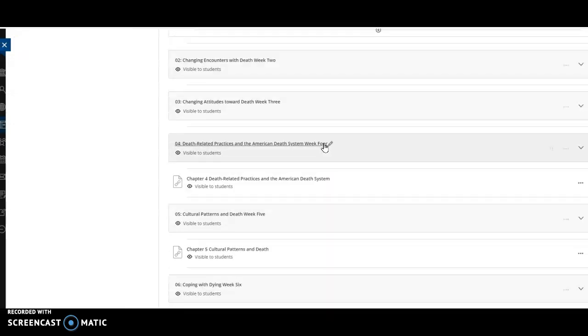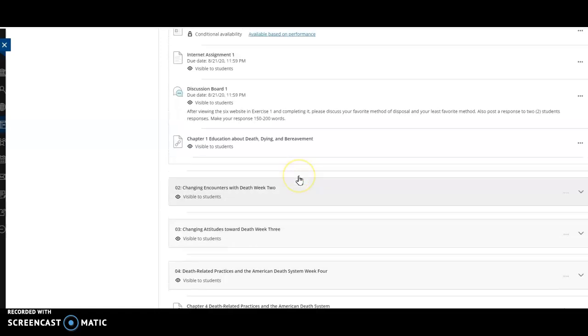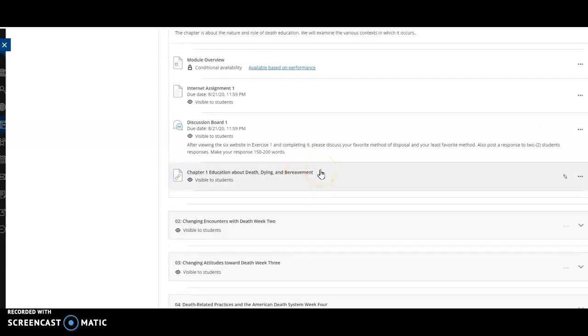Going down further, I'll click on chapter 4. Actually, before I go there, let me go back to number 1. I'm clicking on where you see this figure right here. This actually is the textbook. So if you click here, you will find the textbook, which is the Cengage book.